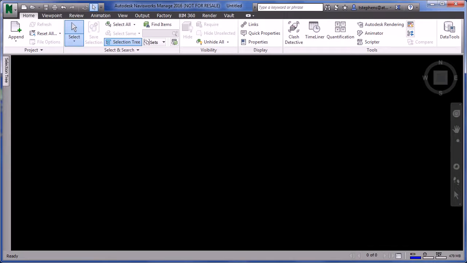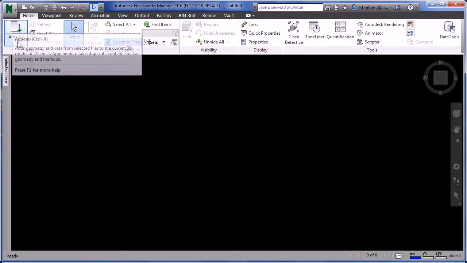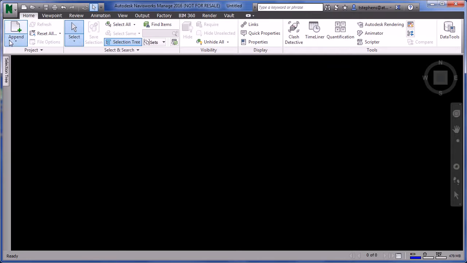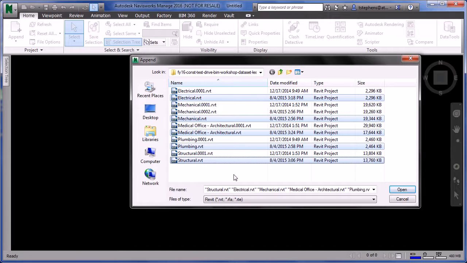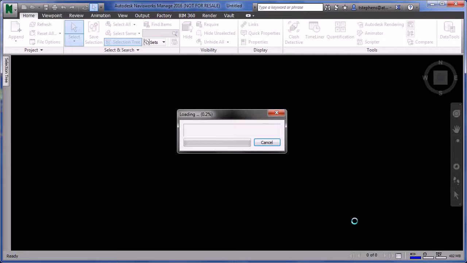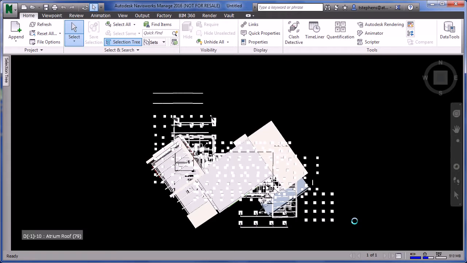So first step is bringing in all the Revit models from the different disciplines here in Navisworks. Then I'll be able to do the clash detection on all the different models. So I'm going to bring in electrical, bring in the mechanical drawing, architecture, plumbing, and structure. And as I open those models, Navisworks is converting those to cached files, so that NWC file extensions, those files